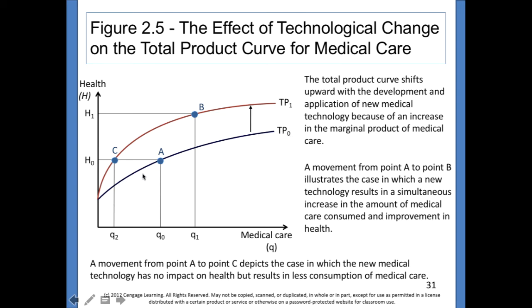This means that at each level of medical care, we will have a higher total productivity of health. So the change from A to B shows the higher productivity of treatment, and the shift from A to C shows that